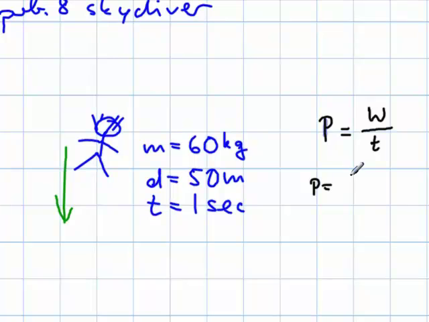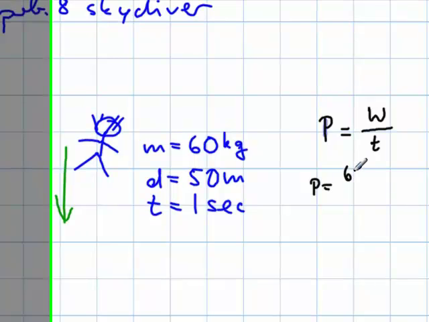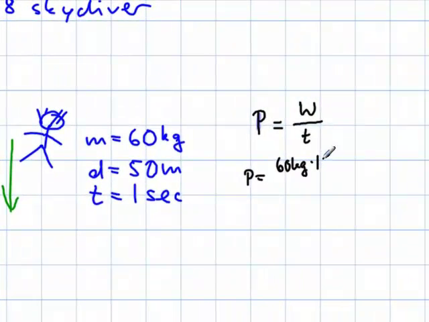As we know, it is 600 newtons. So we have 60 kilograms times 10 meters per second squared times 50 meters, divided by 1 second, and we come up with